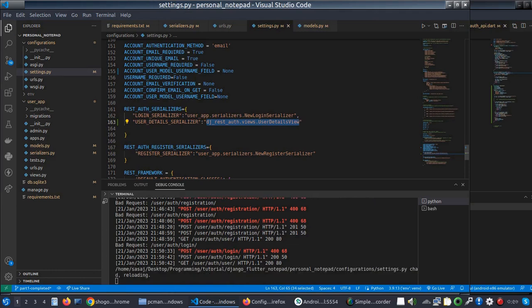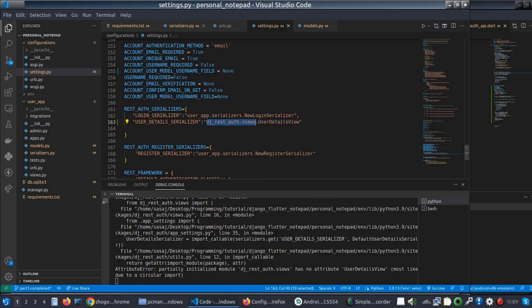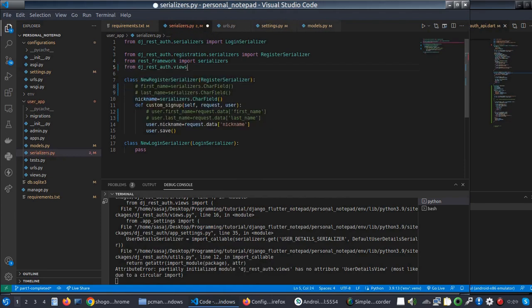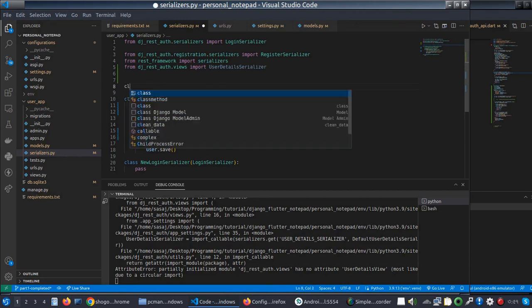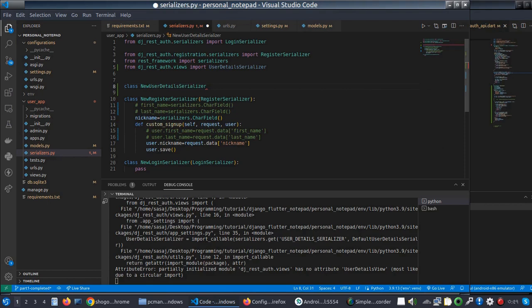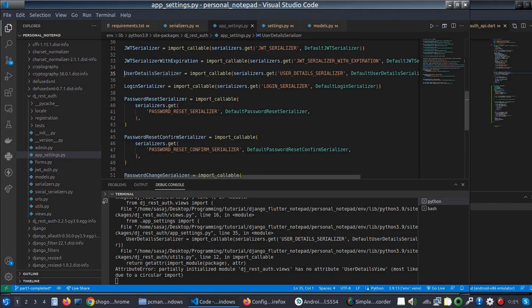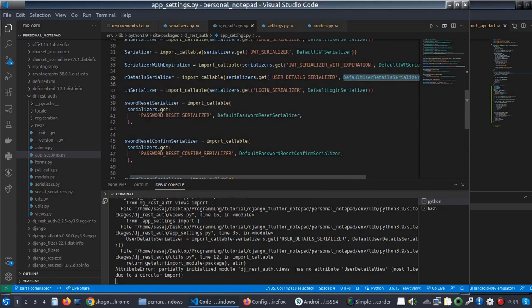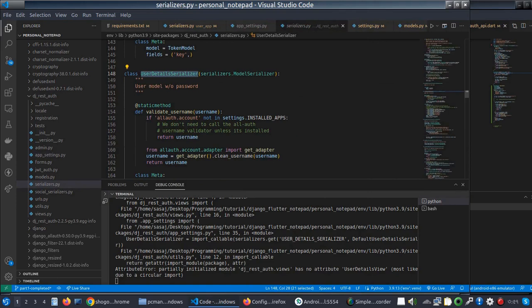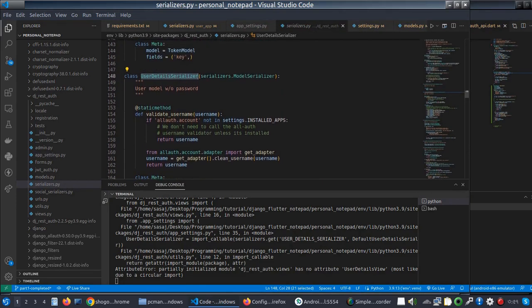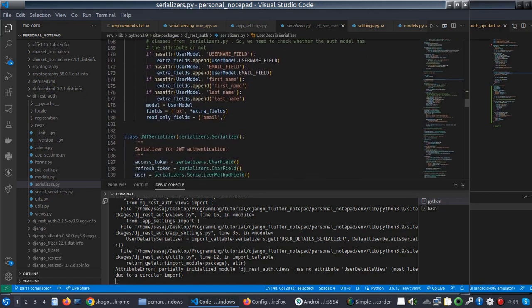So at first we will import the user detail serializer from dj_rest_auth.serializers, import UserDetailsSerializer. And we will make our new user detail serializer, and it will depend on the old serializer, and we'll pass it and we will check what they did. And here this is it. This is the user detail serializer and the default user detail serializer. It is getting from the default user serializer, and inside it they are getting username, nickname, and their fields, extra fields, their model, user model, and they are using